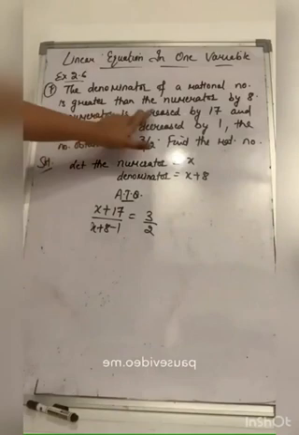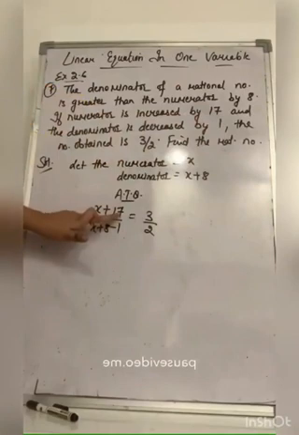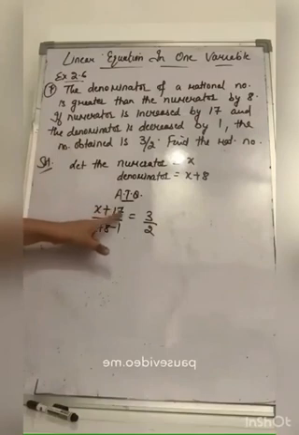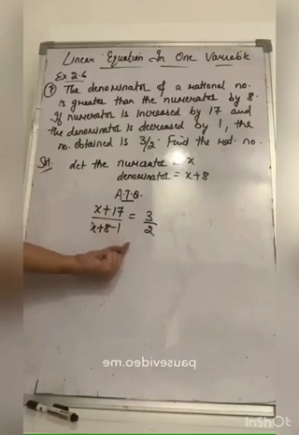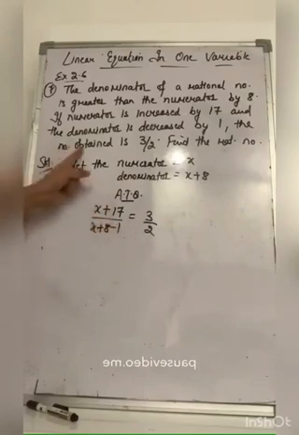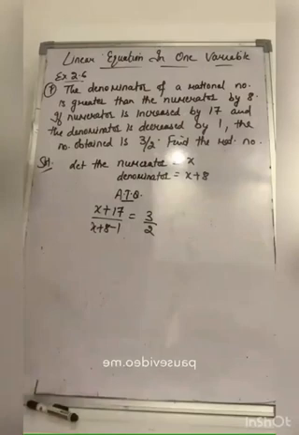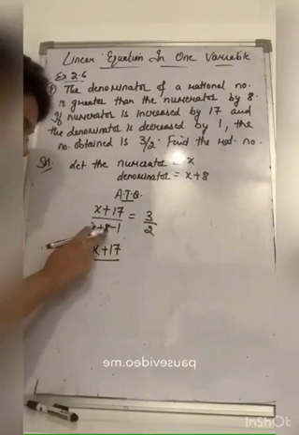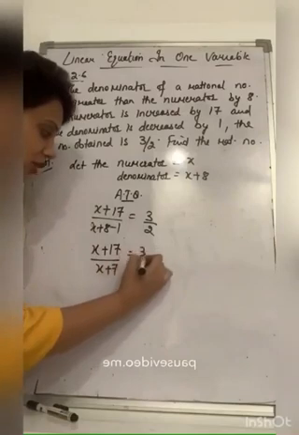Right? So see the equation once again. The numerator is x, we have added 17 to it. The denominator is decreased by 1, minus 1. Then after the changes, the number obtained will be 3 by 2. So this is our required equation. Now we have to solve it. (x + 17)/(x + 8 - 1), that is x plus 7, is equal to 3 by 2.